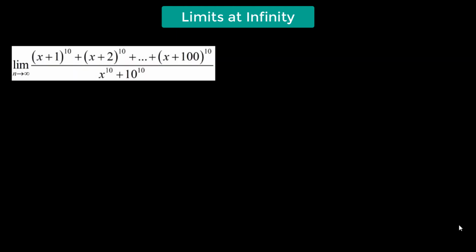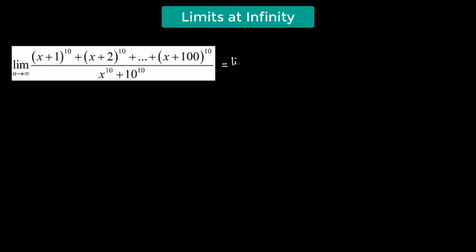So here we have to determine the limiting value of the given function when n tends to infinity. Now if we look at each of the terms in the numerator, we see that the highest power of x is 10. The highest power of x is also 10 in the denominator. So we're going to divide both numerator and the denominator by x raised to the power of 10. So that is going to give us